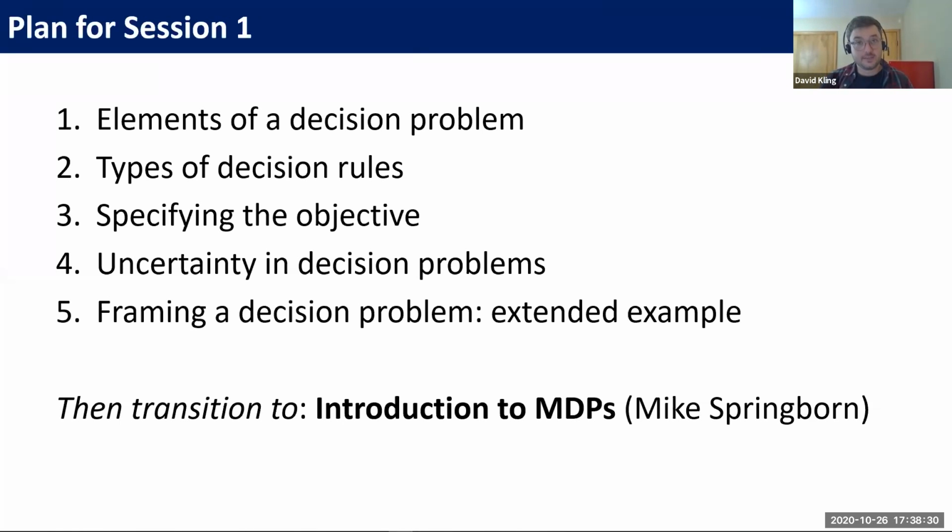Talk about objectives, the task of coming up with them and defining them in the context of a decision problem. We're going to talk about uncertainty. And then I'm going to close by talking about,